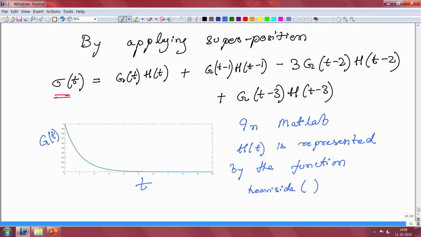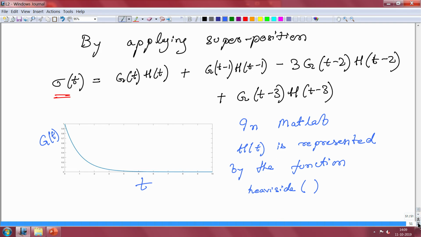So, if you feed in a matrix of values, let us say you create a T which is a vector which spans from 0 to 10, and you provide a spacing, and then you create a vector T which is all the values that T is going to take. And then when you feed this to Heaviside, you need not just put in a scalar, it can also take a vector. So, if you feed in that, then the output will also be a vector of all values for that particular time period.